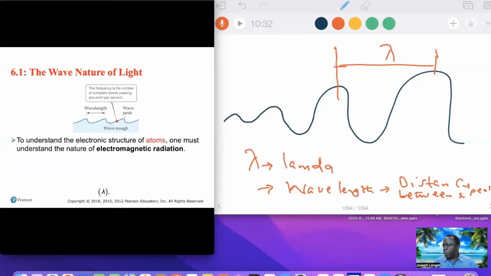There is the wavelength, and there is the distance from the middle all the way up here. We call this amplitude. This is amplitude. All right, amplitude. So here is the wavelength, and the number of waves passing a given point per second is